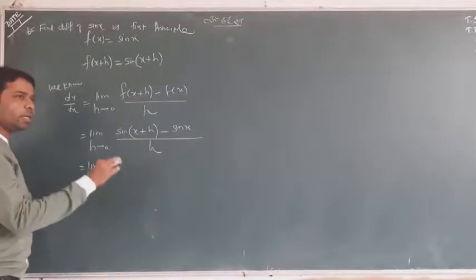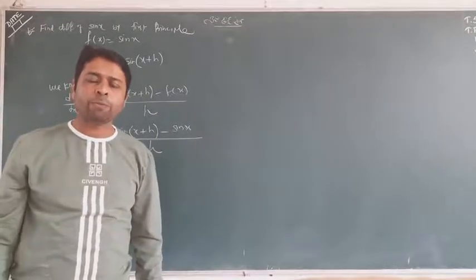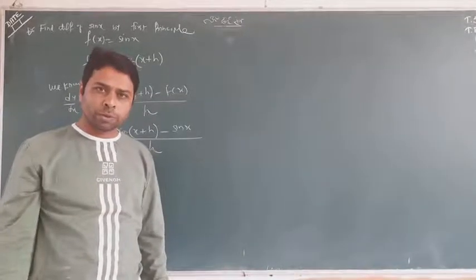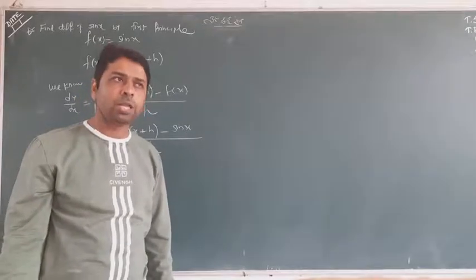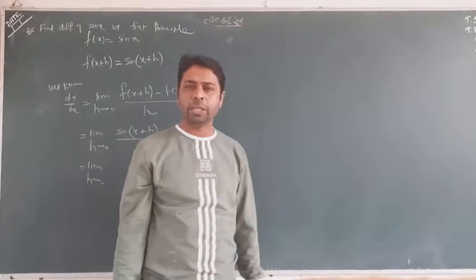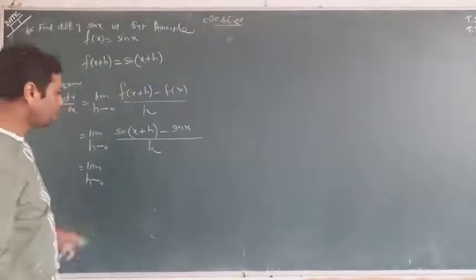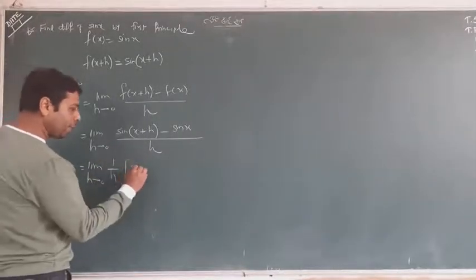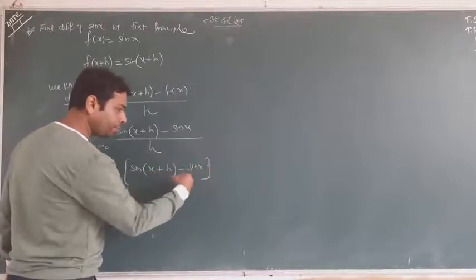Before starting even a single step, I tell you that you have come to the concept of limit. In the last exercise, we saw the limit questions, we saw the formulas. Limit x tends to 0, sin x upon x is 1. Limit x tends to 0, tan x upon x equal to 1. All these formulas you have already seen. So these formulas can come here because you are on limit now. Okay. Now can you write that h here, and sin of x plus h and sin x as it is.